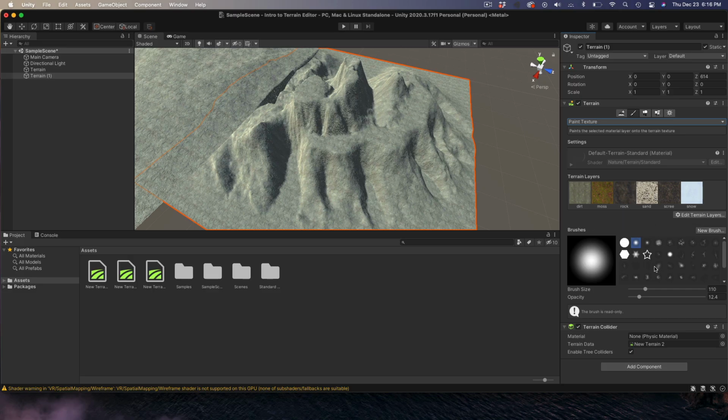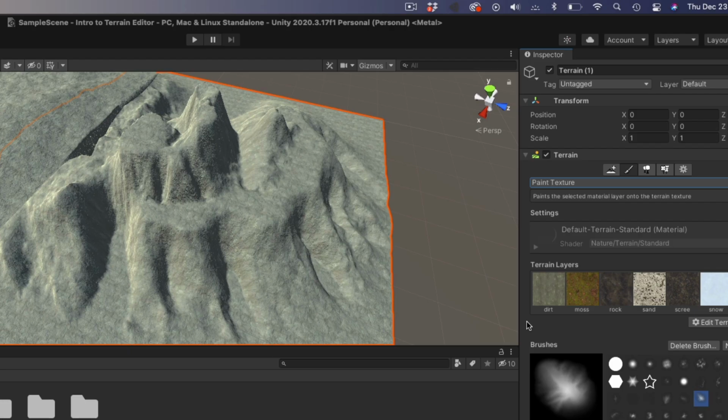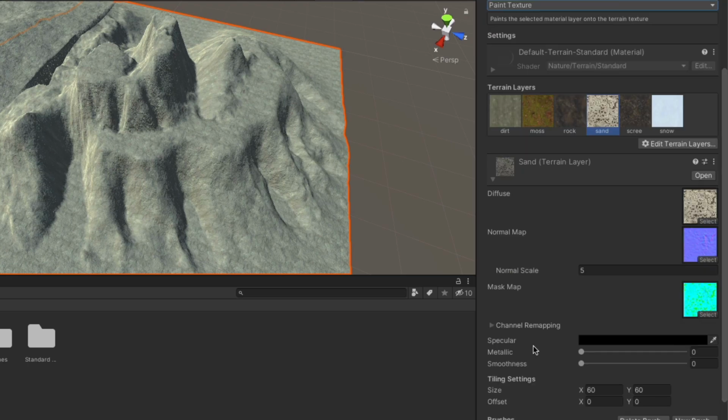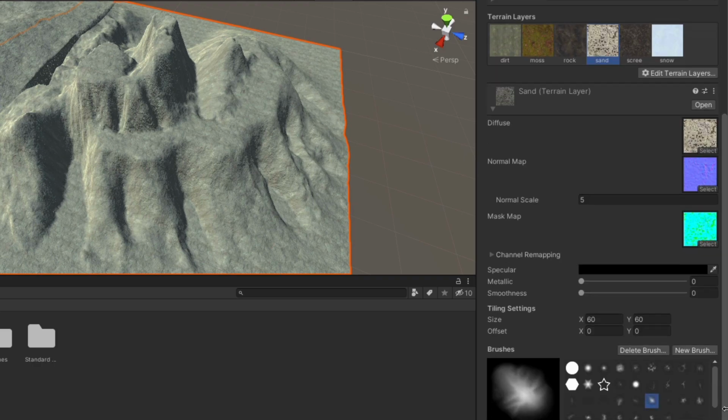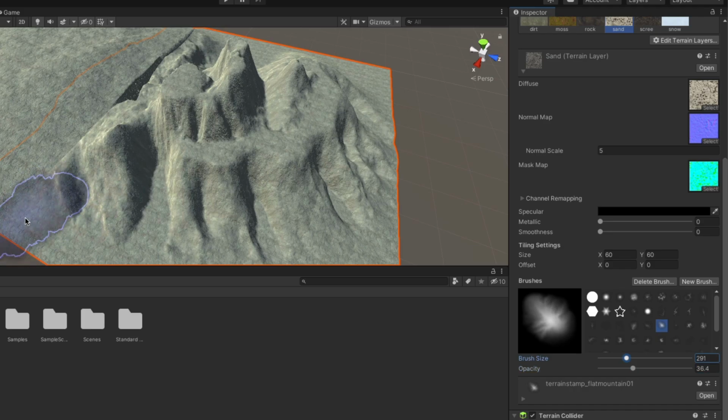So the first thing we'll do is choose a brush. Now what you want to do is mix these textures. What you don't want is what I have here, which is just a repeating pattern of the texture that doesn't look realistic, and you can see the repetition. So to achieve this, we'll go in and choose a texture, and then here in the stamp, brush size and opacity, I think we want to set this to a fairly low value